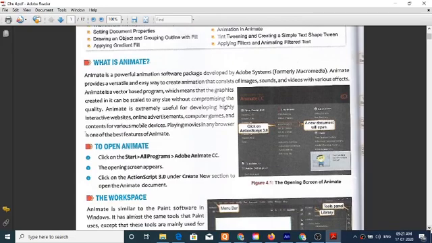First, how to open Animate software. Click on Start, go to All Programs, choose Adobe Animate CC. The open screen appears. Click on Action Script under Create a New section to open an Animate document.